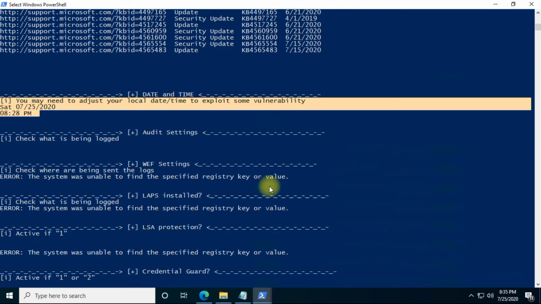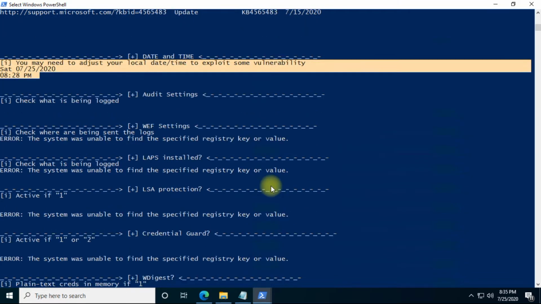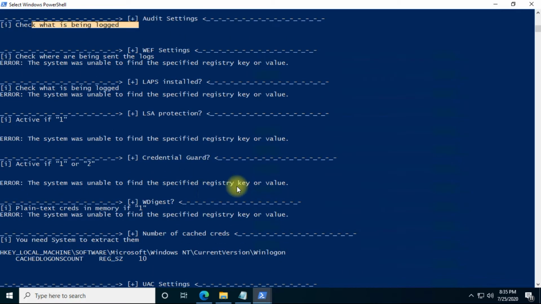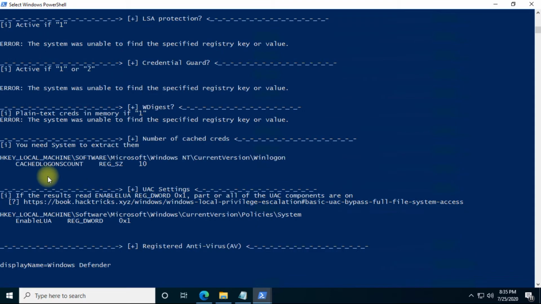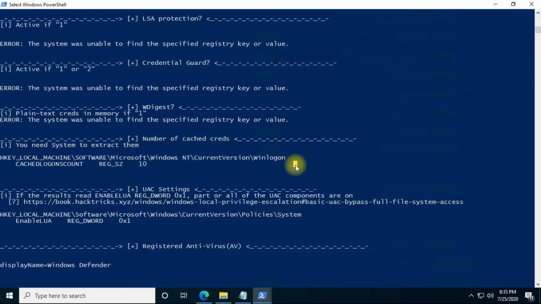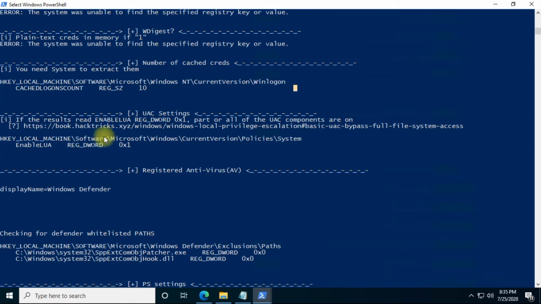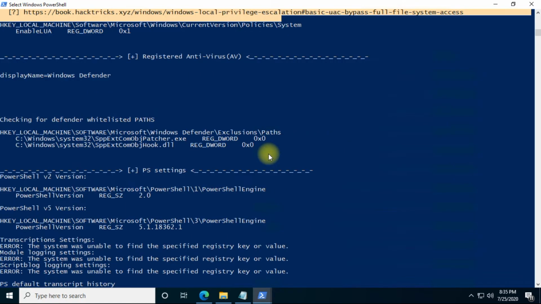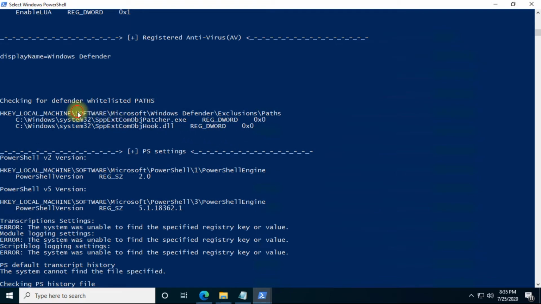Then we can check whether any cached credentials are present or not. UAC settings we can get by this. What signatures are present on the Defender, what are the whitelisted paths, we can get those this way. PowerShell settings we can get this way.